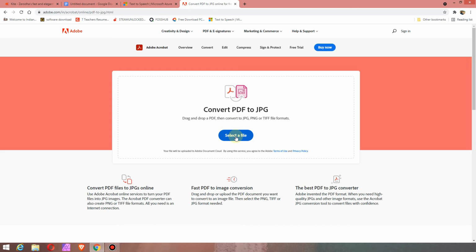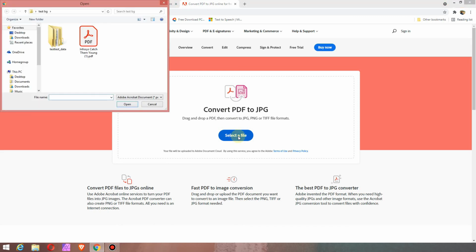Go to this website and select the PDF file we just created and choose File Type as PNG in the Convert to drop-down menu.